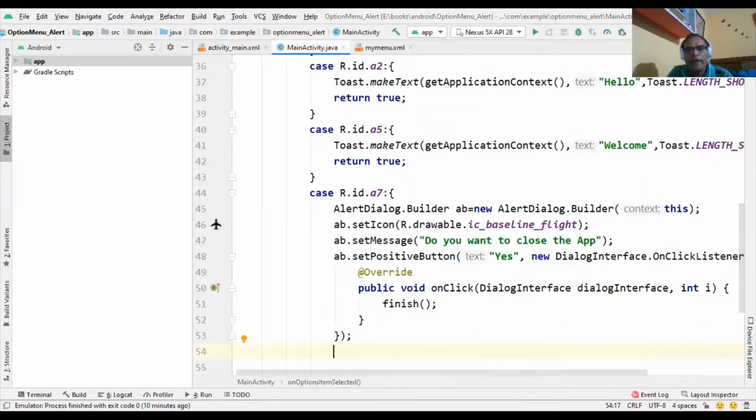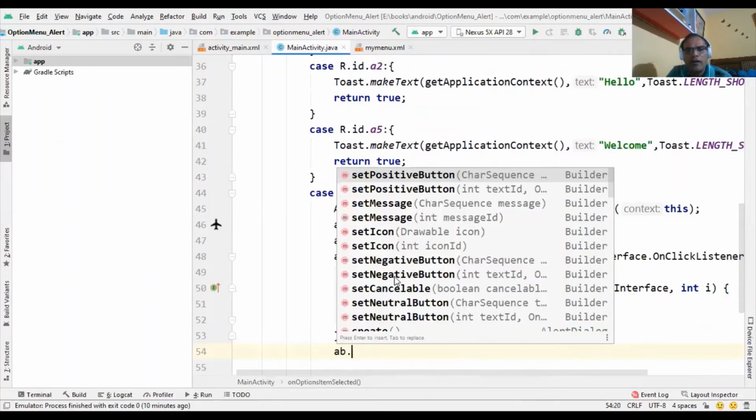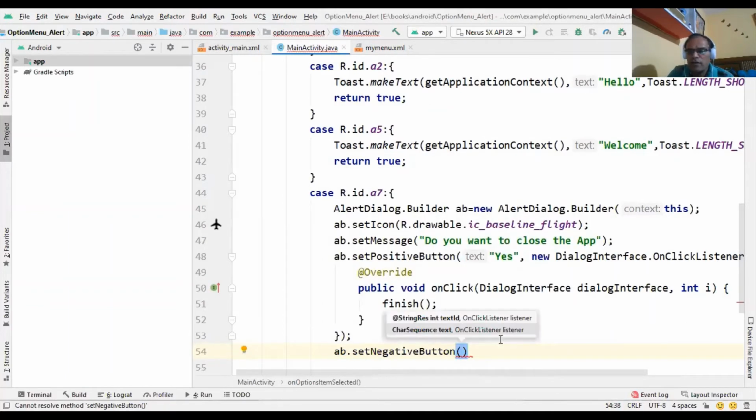Now again we use dot setNegativeButton, and again we pass two arguments.